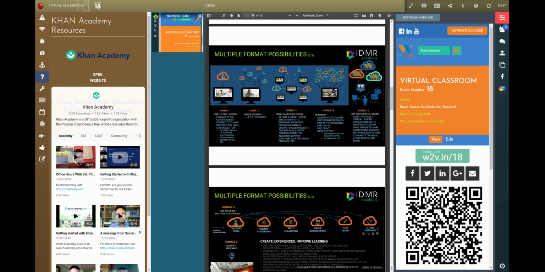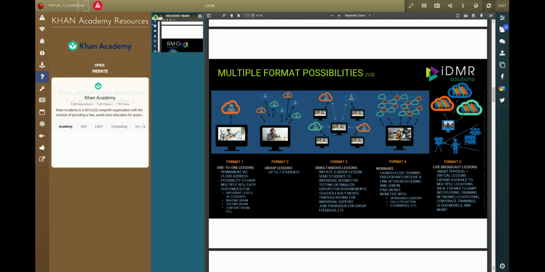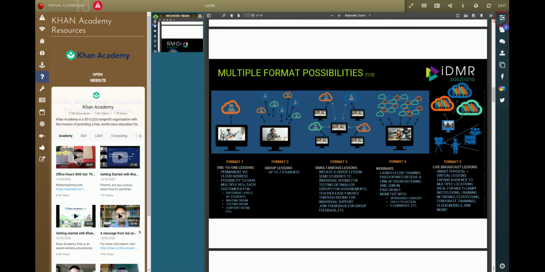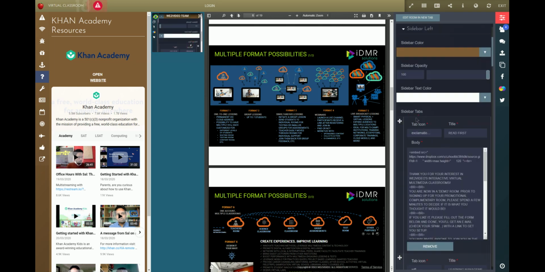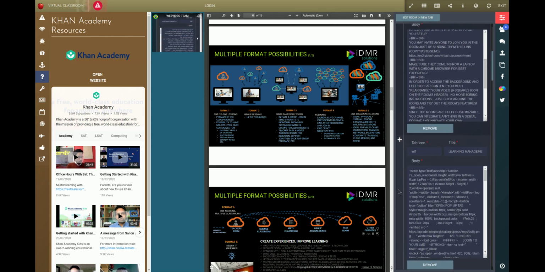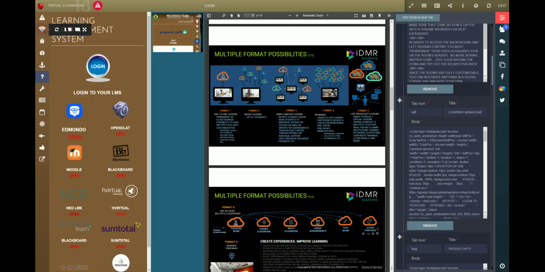Now the little bit more complex feature is, actually, I am going to have to refresh my room. I'm not going to refresh myself, just in case. The sidebars on the left, each icon is an HTML5 programmable environment. So this is where we put some code. For example, if we go to icon number 2, the learning management systems.